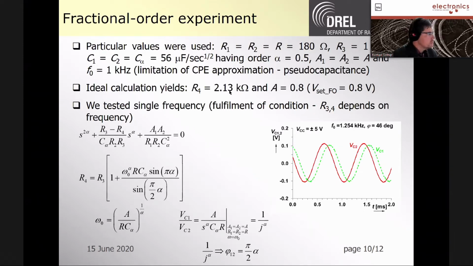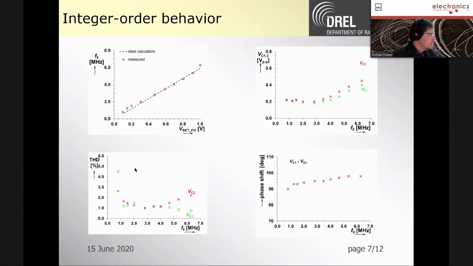fulfillment of the conditions of oscillation. As we can see from a new characteristic equation and deep analysis of this equation, the new condition has a form which is also dependent on omega. It means that the condition is dependent on frequency. It is not a very beneficial feature. However, we can apply an automatic gain controlled circuit, which has the possibility to compensate the gain in the feedback loop here.